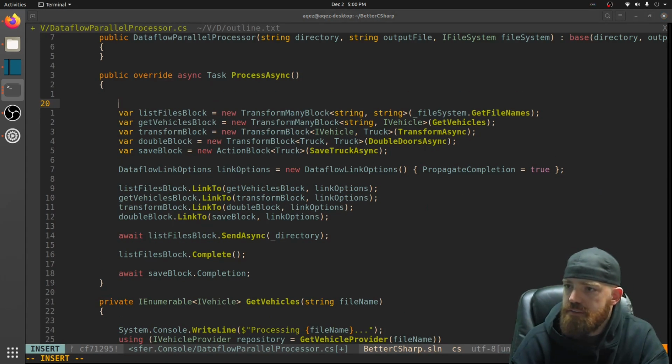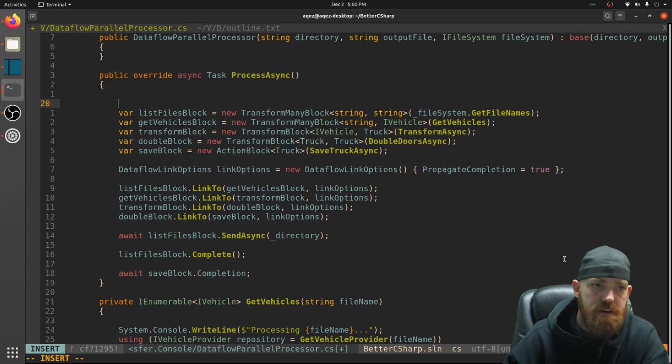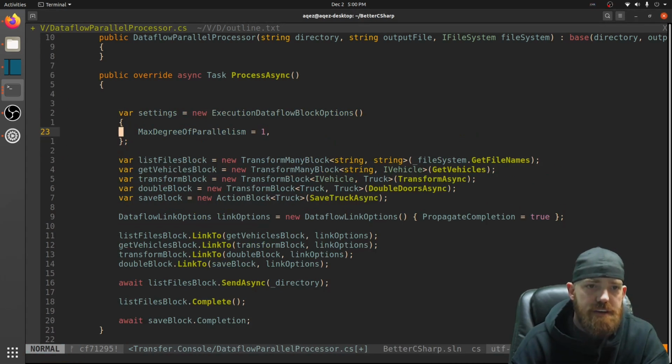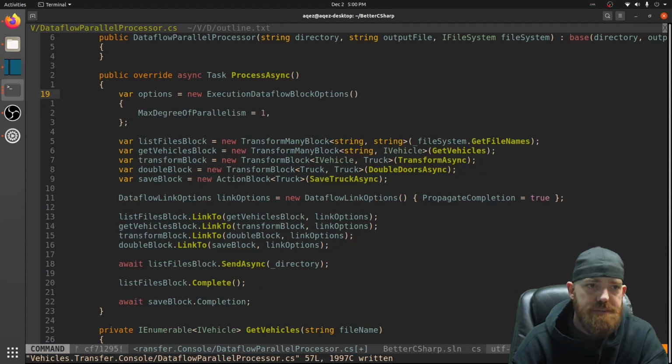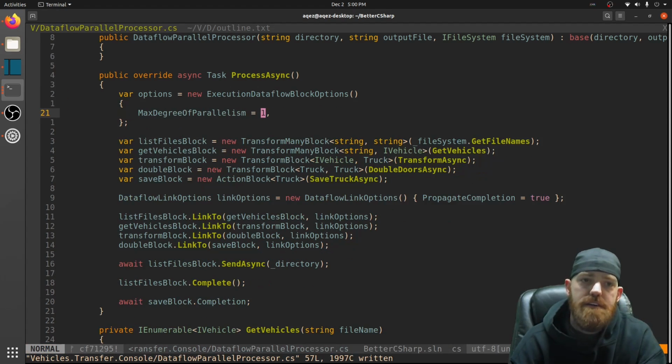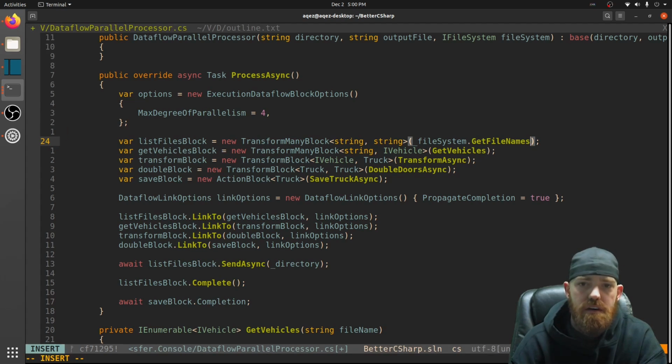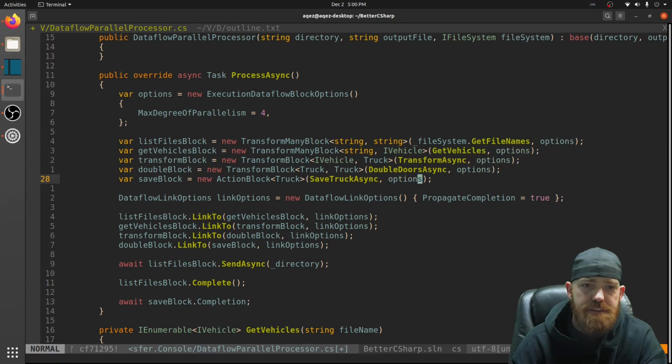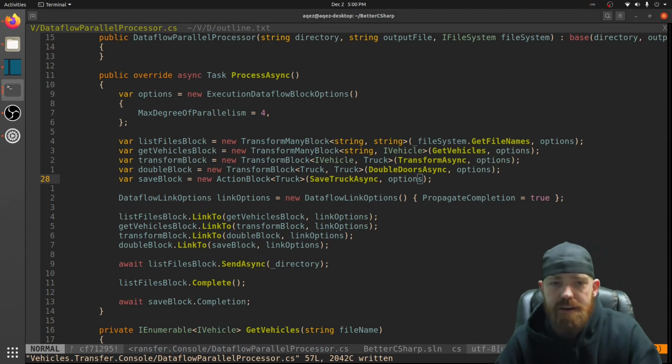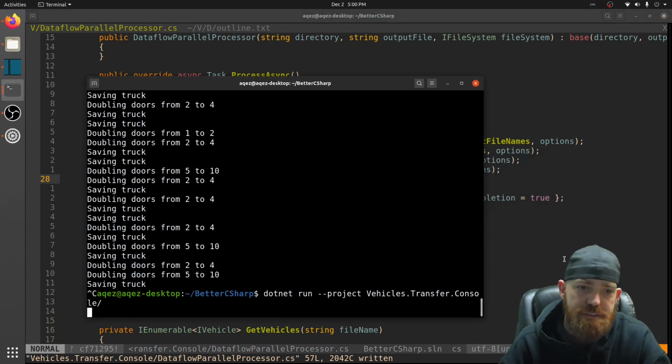We want to get some settings here, which actually needs to be called options because it's an options object. And for our MaxDegreeOfParallelism, we want to make it like 4 or something. Okay, and now if we run this,